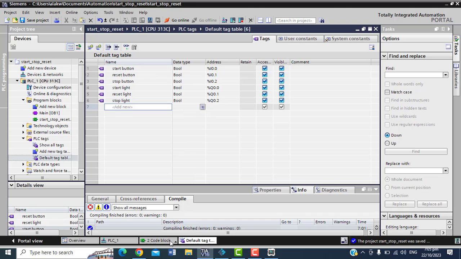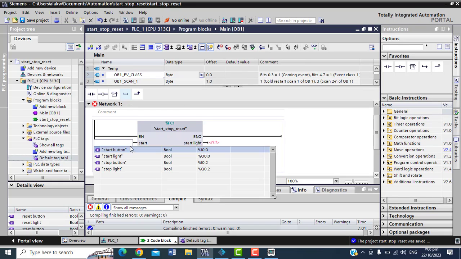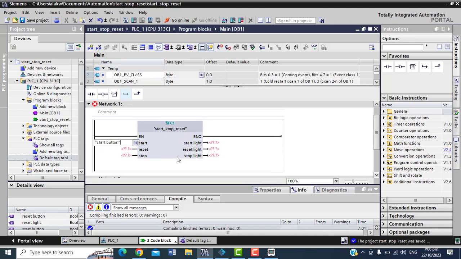The next thing you just need to do for yourself is come to this main OB, right? If you come to your main OB, you need to start attaching all those things within these ones. For example, I name the start button, so I call this one start button. Immediately I put S there and bring out everything that starts with S. So I know a start button is supposed to be there for start.